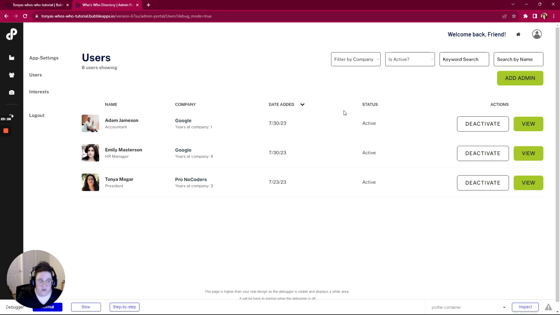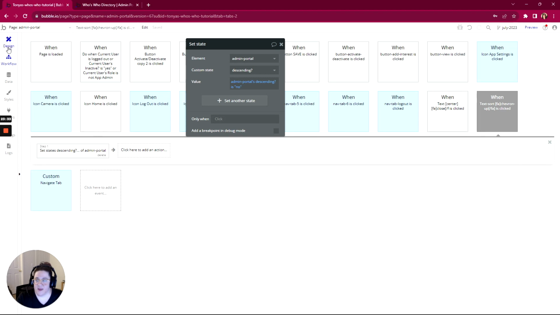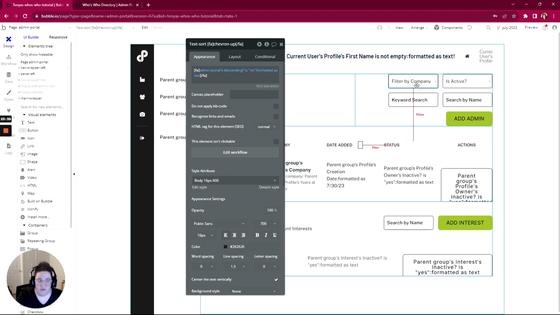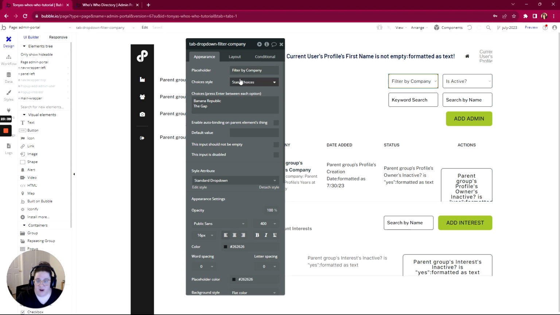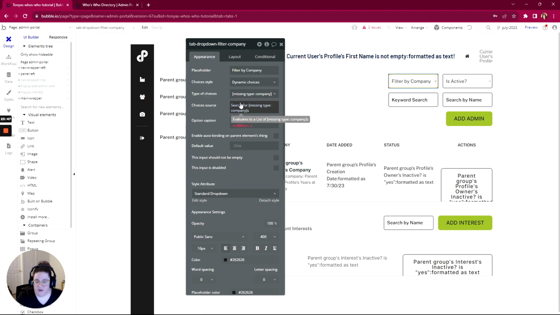Now we want to be able to start filtering this list. So we're going to filter by company first. So I'm going to come back into my design, and I'm going to come into my drop down. My drop down right now is set to be static choices, and I actually want it to be dynamic. So what I want to do is say dynamic choices, and then the type of choices is going to be